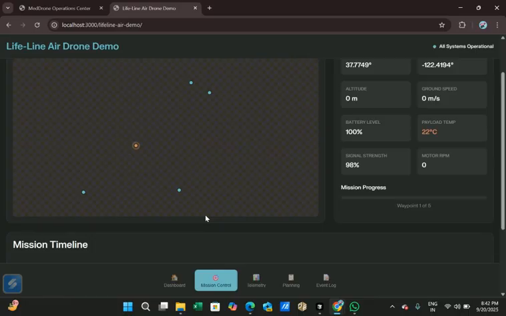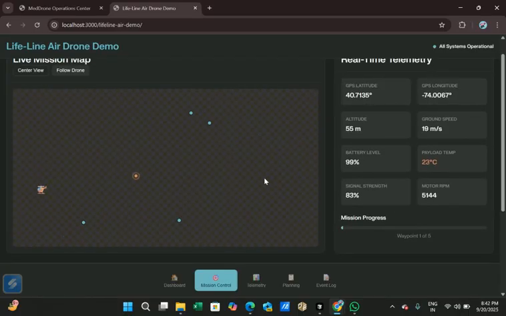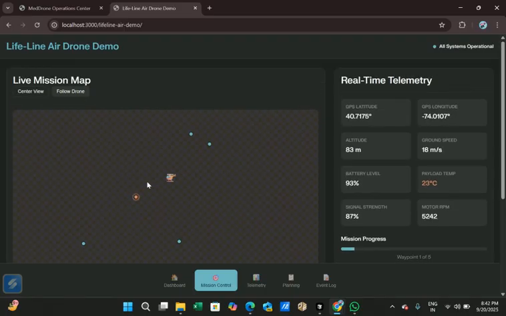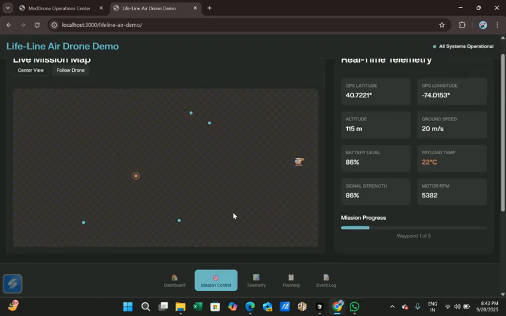So let's start the mission. As you can see, the helicopter is denoting the drone, the blue points are the checkpoints and the red dot is denoting the target area. So basically this is just a simulation. When we started the mission, the drone is moving. When we get a chance, we will make it more stable, so it will reach every checkpoint one by one and then it will reach the target area.